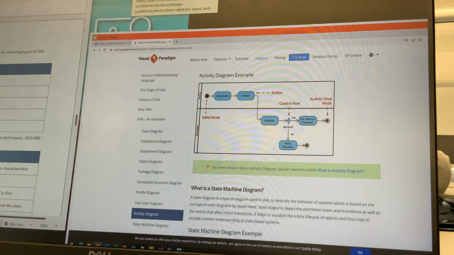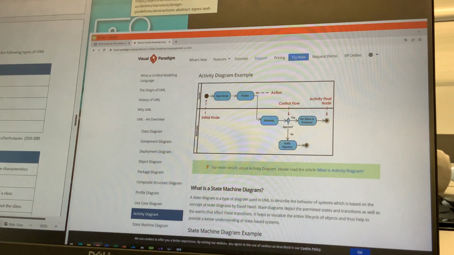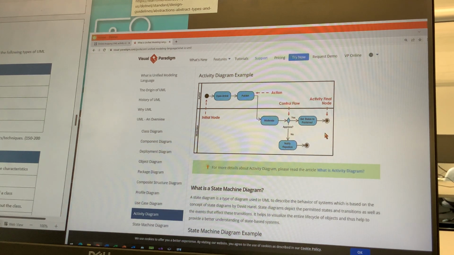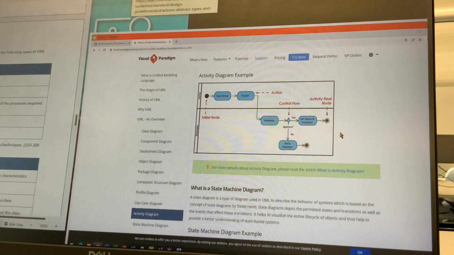How are we going so far? So the purpose of it is so you can have roles for specific tasks and the order. That is right, the order. I like that keyword because that is what you see here in the activity diagram. The order of all the processes required in the system, right? Excellent. Right, so if you think about your login application,